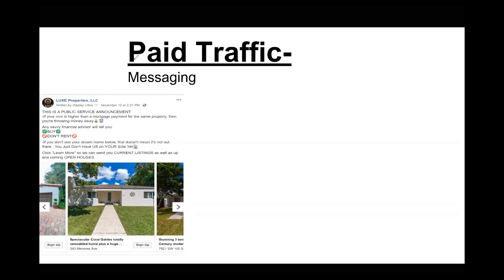Now, this advertisement will work for you depending on the area you're in. I've seen it differ from area to area. Long story short, if your targeting is right on a Facebook advertisement, what's important is your messaging. Your messaging is the most important part. You have to realize this. If you're providing someone value in the form of knowledge, in the form of something downloadable, in the form of a guide, whatever it may be, as long as you're providing someone value and you're giving them this aha moment, then you're already in, okay? The most important part of any single advertisement is the messaging,